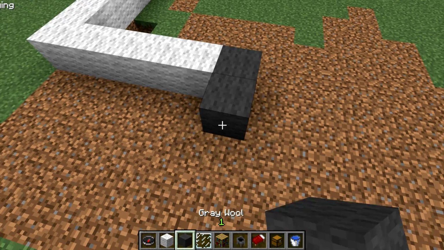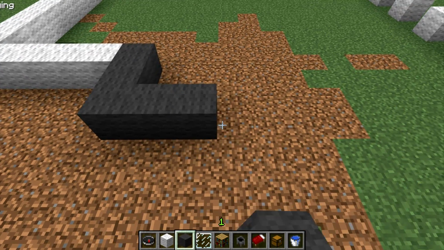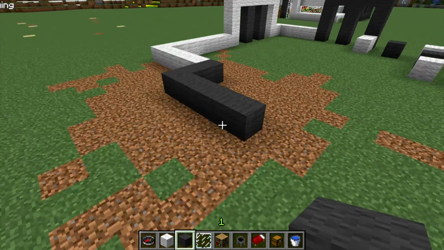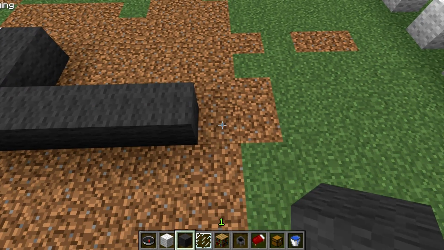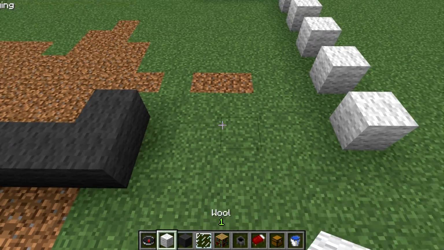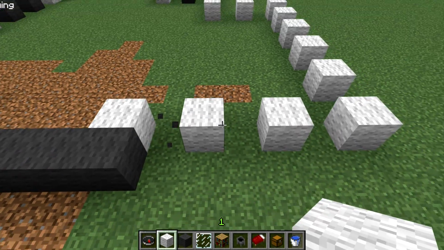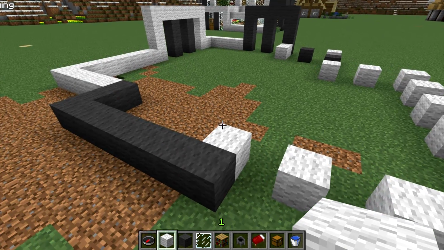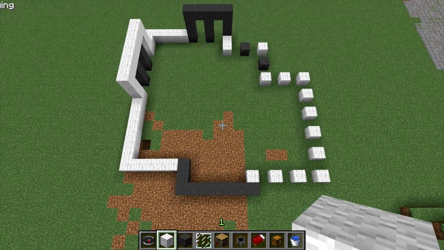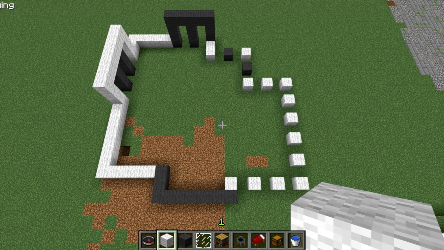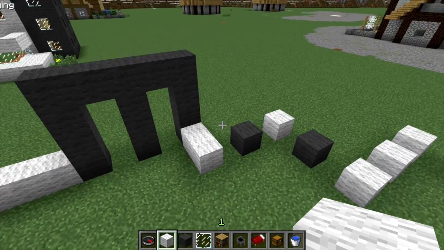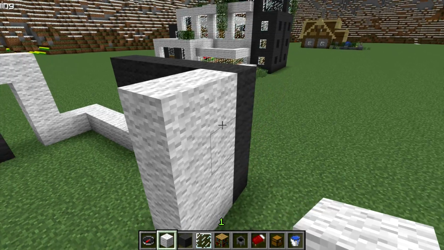Let's see. Here we have 3 gravel blocks. And distance of 7. So 1, 2, 3, 4, 5, 6, 7. And then we turn here to this point, and here we have 3 more pillars. Okay, you see it's a bit more difficult, this layout. So to get you an overview in the right positions. Okay, so now we go to the backside here and extend every one of these blocks to a height level